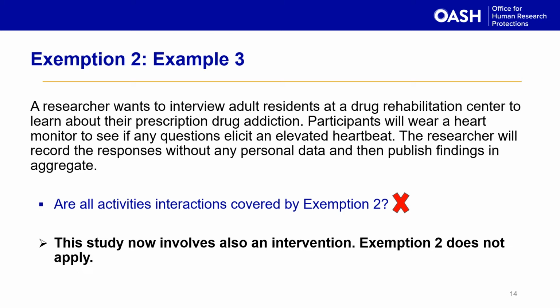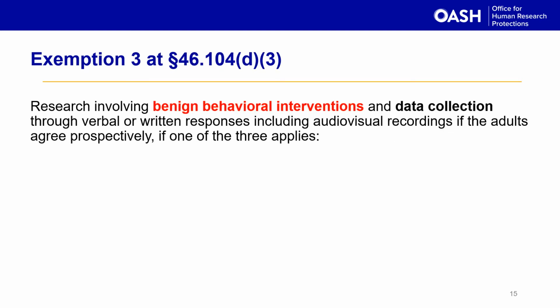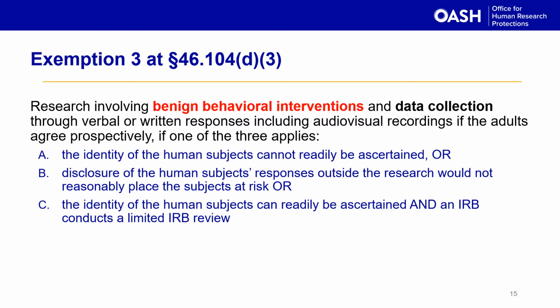Exemption 2 can be used for only a limited type of interactions. Exemption 3 is for benign behavioral interventions, which I will explain shortly. But before that, while it's hopefully fresh in your memory, I want to point out that Exemption 2 and 3 have the same review criteria. The regulations' outline format is slightly different, and that's why I've labeled them with the letters A, B, and C for number 3, as opposed to the Roman numerals